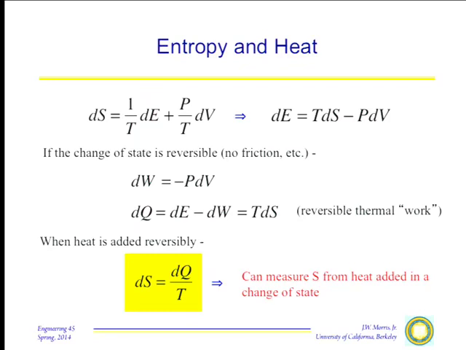But the reversible entropy change is connected with the heat. So the entropy is time. The change in entropy is connected with the heat. I can't say the entropy is the heat because the entropy is a property of the state. You give me two states, I can tell you what the two entropies are. How the change in heat in going from one state to another depends on how I do it. So the entropy is a state property, Q is not. The change in entropy is associated with reversible transfer of heat.